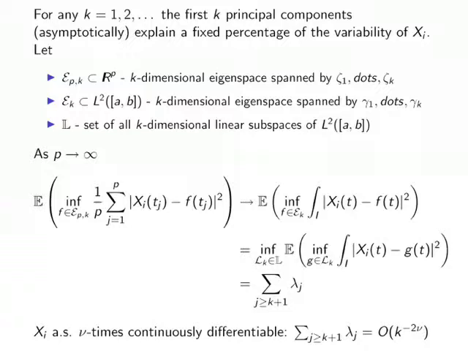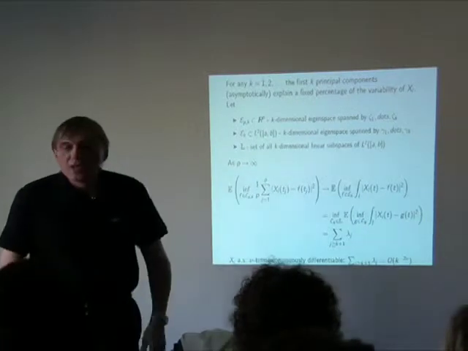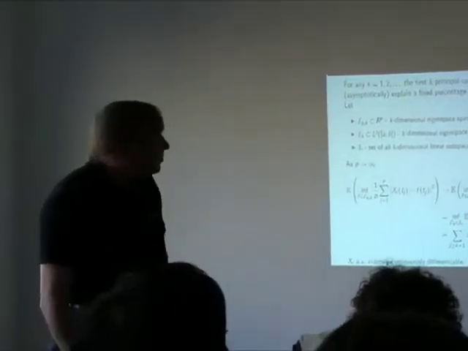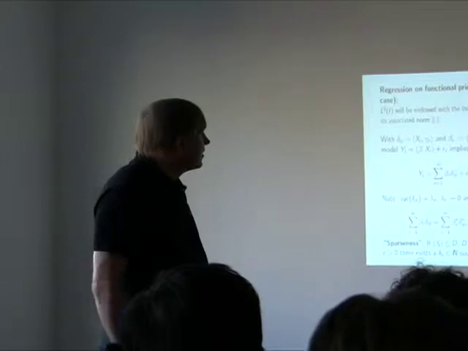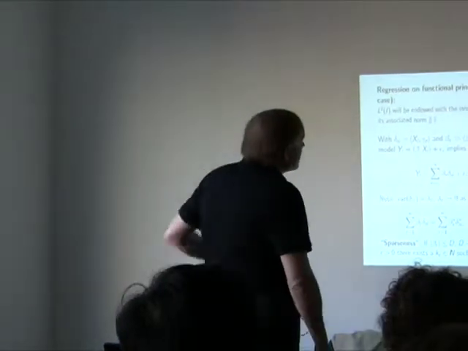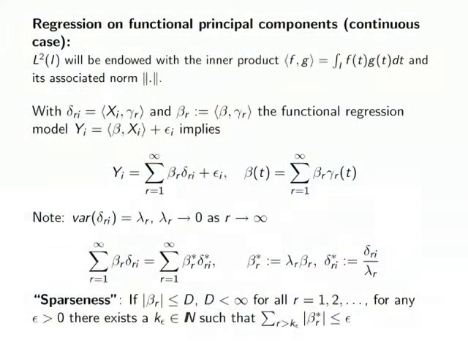And the approximation error is just the sum of the remaining lambda j's. Okay, but I don't want to go into this detail anymore because we discussed it yesterday in detail. And of course, one of the popular methods in functional regression is just to use that